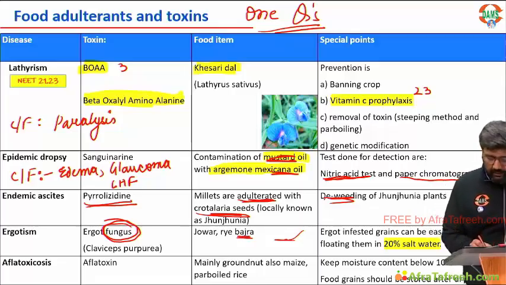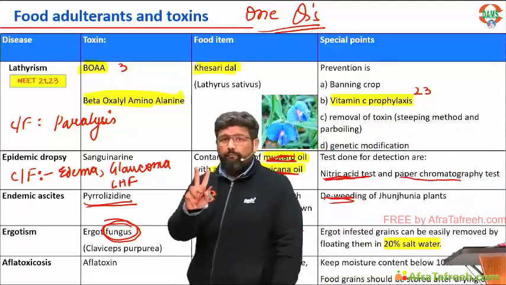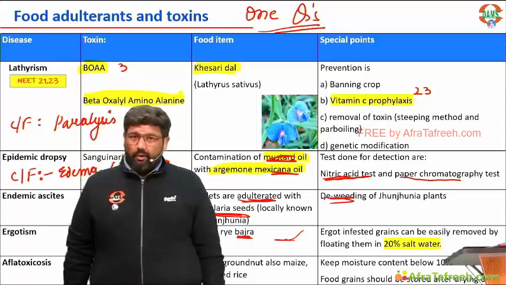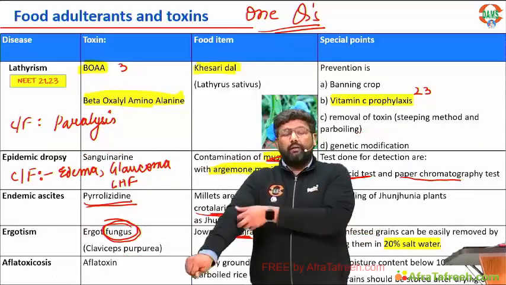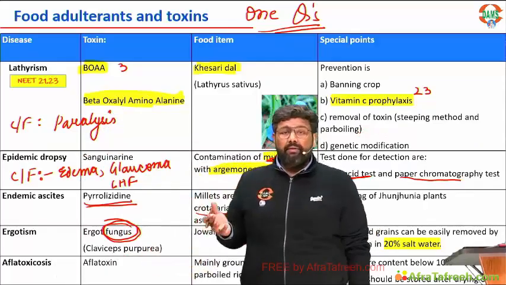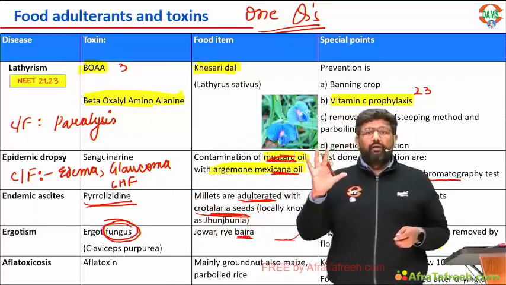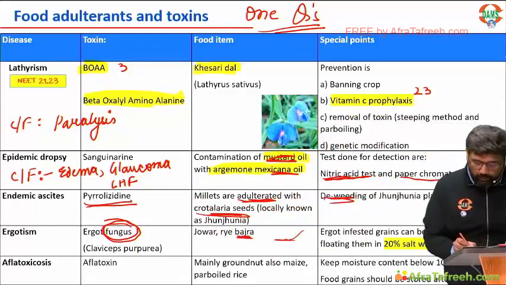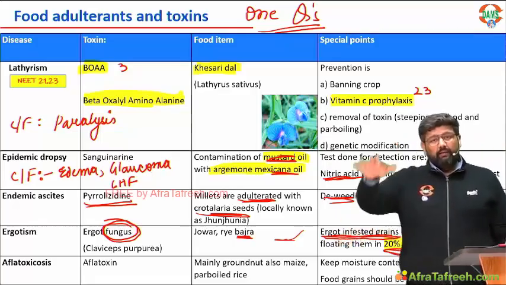Okay guys, if I talk about fungus, there are 2 fungus. In this list you have to read. One is ergotism, another is aflatoxin. Ergotism is a field fungus. Kheton mein fungus lag gayi. That is it. It is a field fungus. What can you do? If you have found ergot infested grains, you soak in 20% water, and that will separate